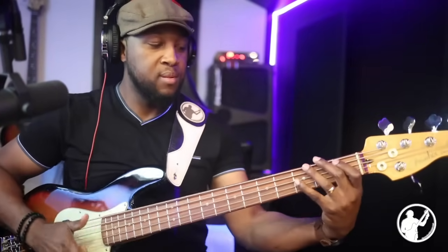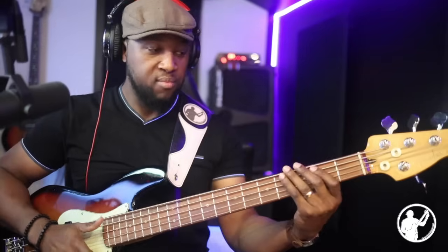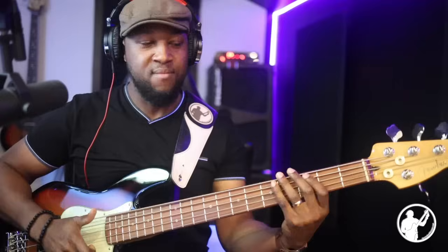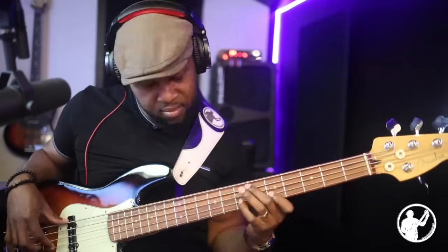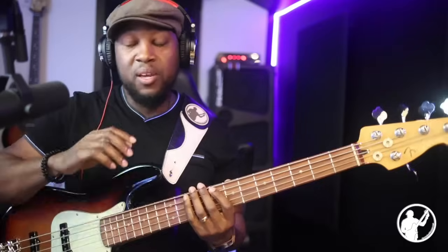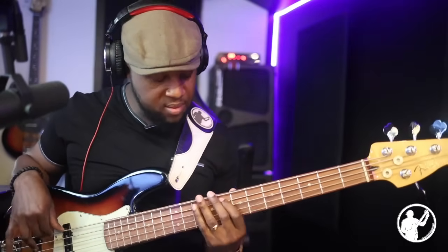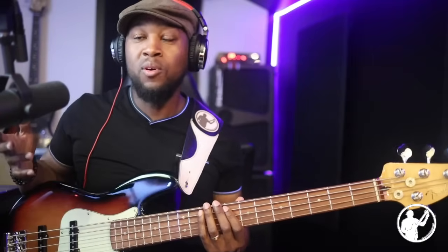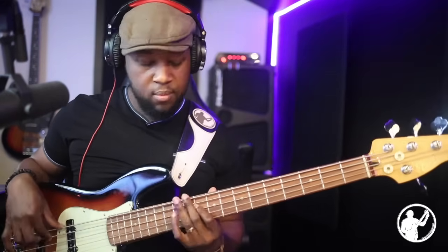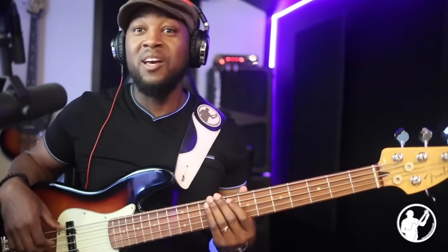So if we're playing, you know what I'm saying? So now we have a line that we can start playing with. Now, again, guys, this is just one example of a way we can take something simple like a major pentatonic line and start coming up with different ways of using it, because it don't always have to sound like this. That's cool, but we don't have to always do that same thing. We can. Right? All of that was major pentatonic. So again,